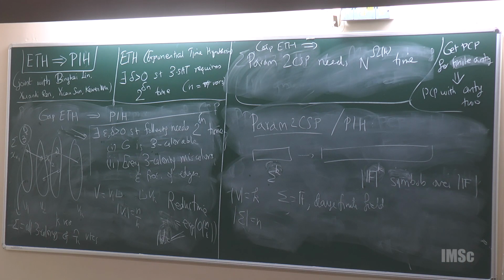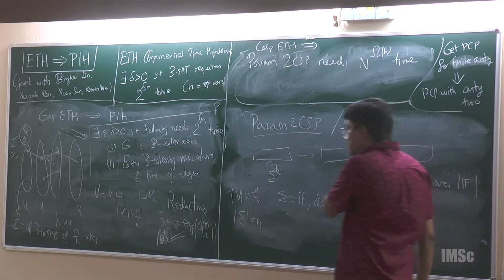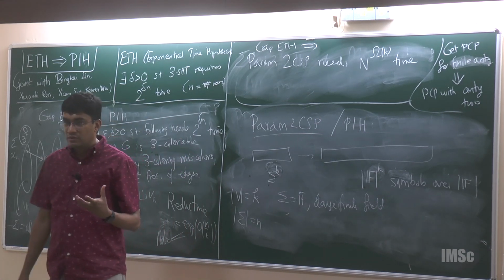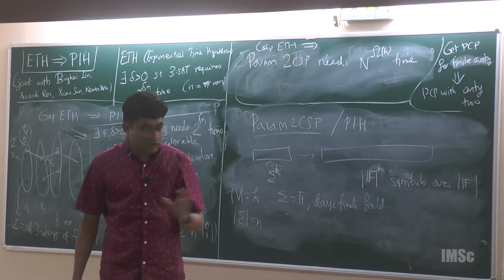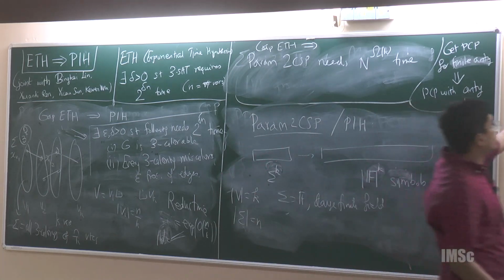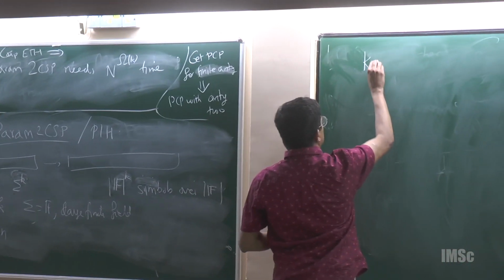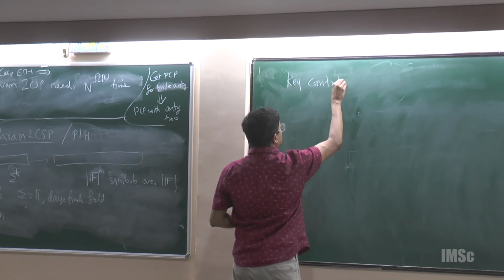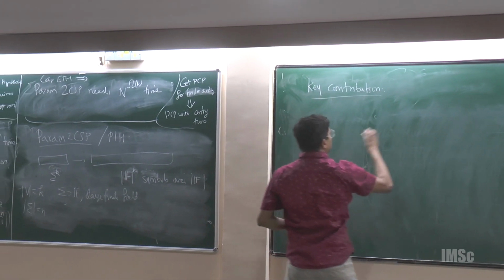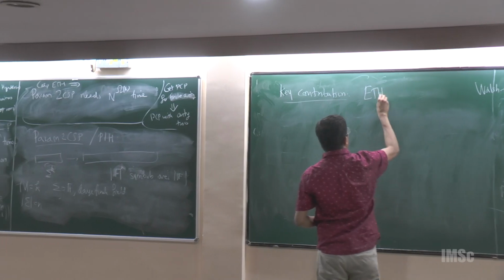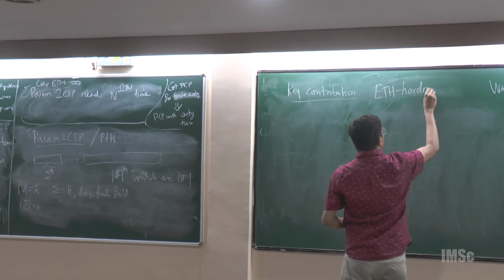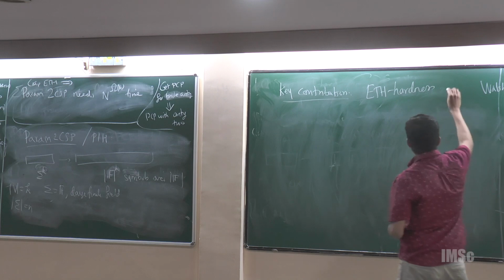And perhaps there are a few things which all combine together quite nicely in getting us a result. But perhaps the main conceptual thing is this point, which is that we are going to find a form of CSP which is hard under ETH, for which we can do this Hadamard thing. Okay? So our key contribution is a form of ETH hardness. I'm going to be a little loose here, but it should be clear what it means. It's the ETH hardness of